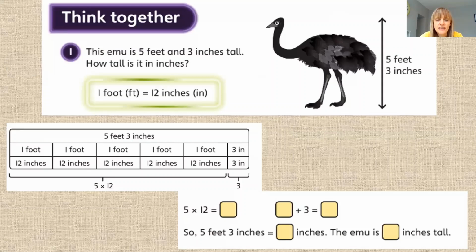Now here's our think together. So this emu is 5 feet and 3 inches tall. How tall is it in inches? Now we saw this previously, didn't we, that 1 foot is the same as 12 inches. So again, we've got a nice bar model here to show this. So we've got 5 feet, 1, 2, 3, 4, 5, and each of those is 12 inches long. And then we've got our extra 3 inches here because we're looking at 5 feet 3, which actually is exactly